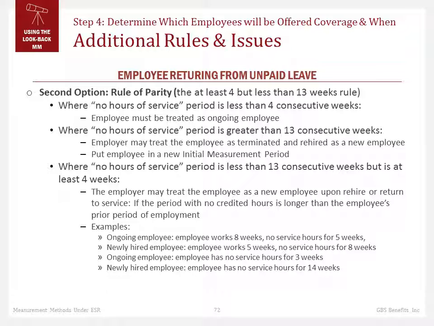Because remember the rule up here, if they're at the first bullet up at the top, where no service hour period is less than 4 consecutive weeks, they're considered an ongoing employee. And the same thing with the bottom one, the newly hired employees. They're gone for 14 consecutive weeks, and because of that, you look at the second bullet up above, where no hours of service period is greater than 13 consecutive weeks, in this case 14 weeks, they're considered a newly hired